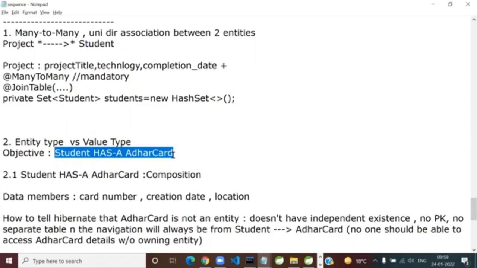Yes. So when I say a student has an Aadhaar card, you tell me, what is the student type, entity or non-entity? We already have a student. So is it an entity or non-entity? It is an entity. But can an Aadhaar card really exist without the owning entity, without the owning person?